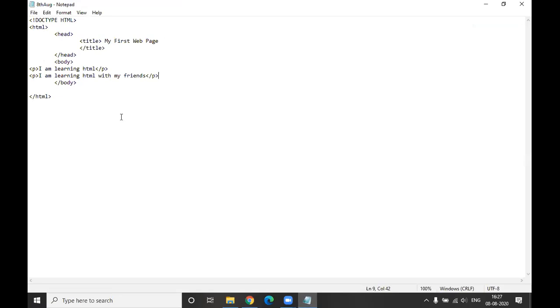Now let's talk about a new thing. Sometimes you also have to write comments. Let's go back to your code. Someone else is trying to read your code and does not understand what this is all about. Can you hit enter over here after body? It's very important that when you write code, you explain what you are doing, so that if someone else comes and tries to read your code, he should be able to understand. Now, if you have to explain to someone what you are doing, what is it that you will write over here?